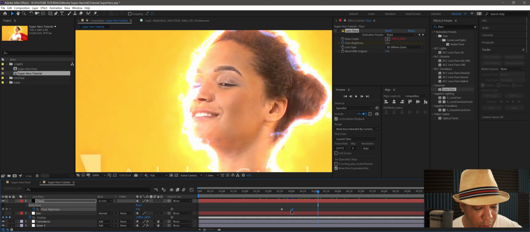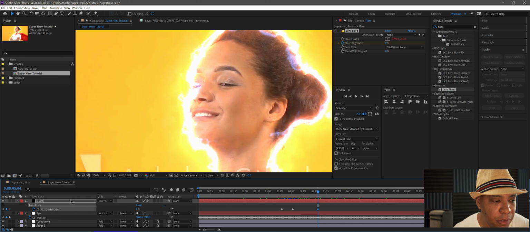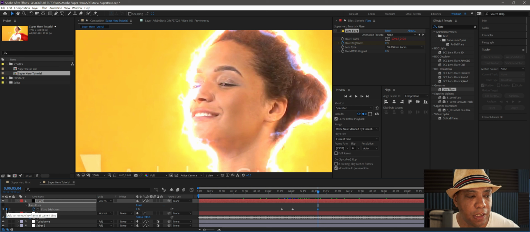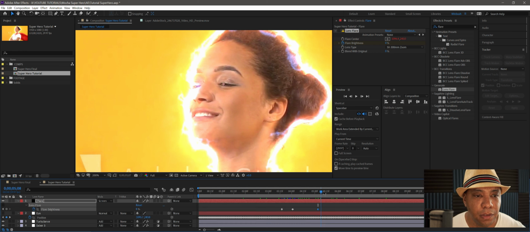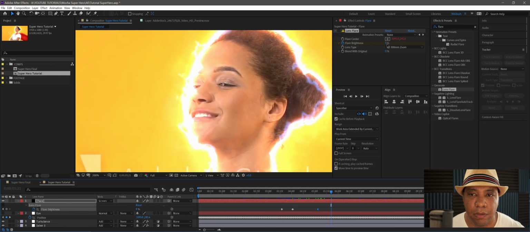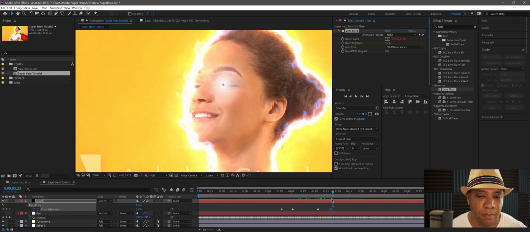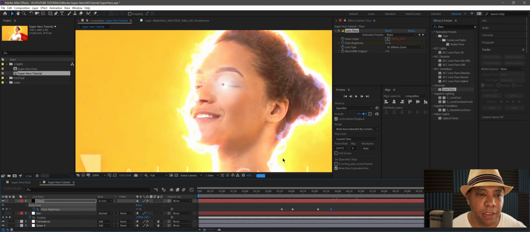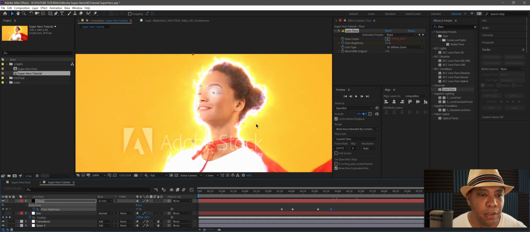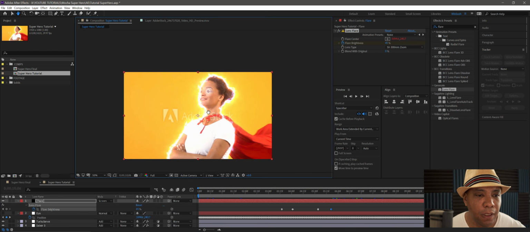So I'm gonna actually just copy and paste that keyframe there, or if I wanted to, I could have hit that diamond and that adds the keyframe right there. Then I'm gonna scroll over a tad bit more to where our eyes are opened and put this back to 45. Turn this back on, and there we go. So we have our flare on her eye, and it's tracking 100% to her eye. So that's basically how you get that